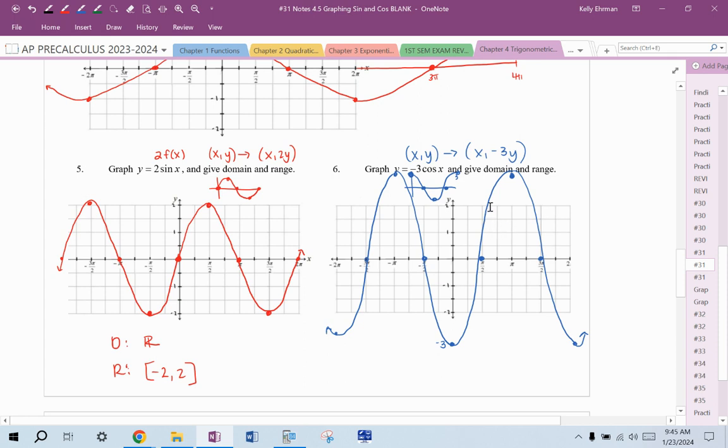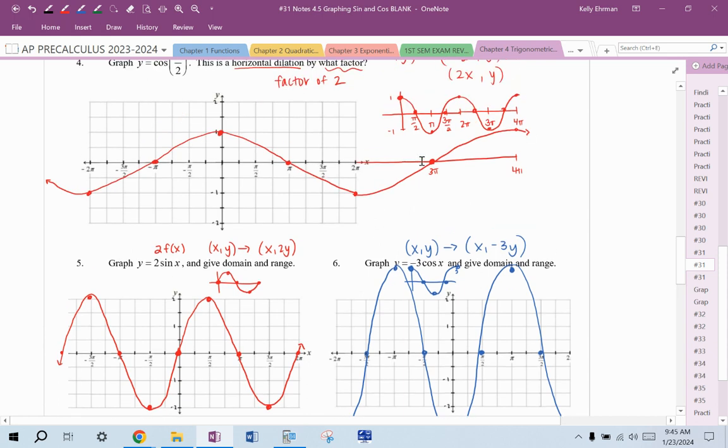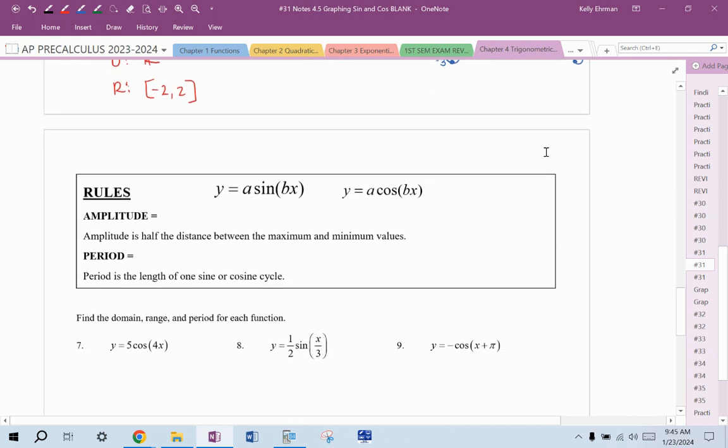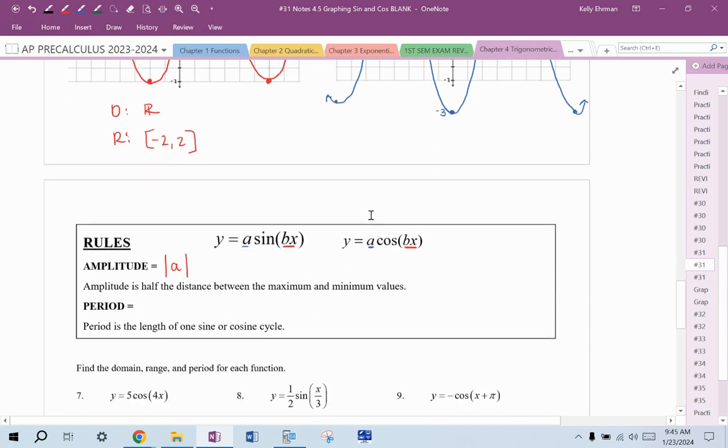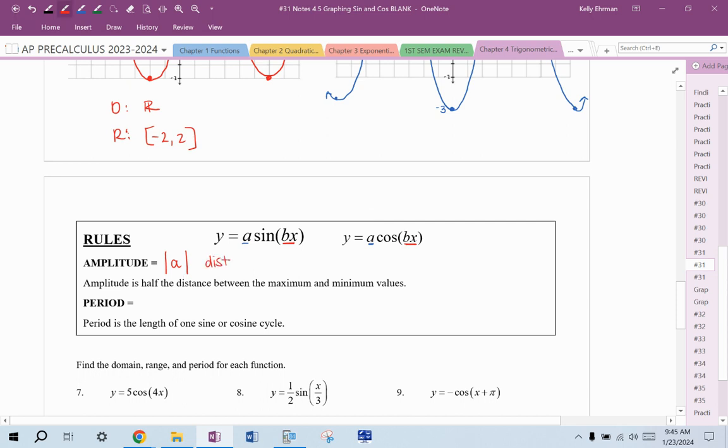All right, so what about some rules? These are stretching and shrinking rules and dilation rules, but there's some terminology that we have for sine and cosine graphs. So far, we've looked at what if you have a multiplier out in front of your sine or cosine function, and what if you have a multiplier inside of the sine or cosine function. So the A value is called the amplitude. The amplitude value is the absolute value of A. So the amplitude in number 5 was 2, and the amplitude in number 6 was 3, even though it says negative 3. And this is the distance